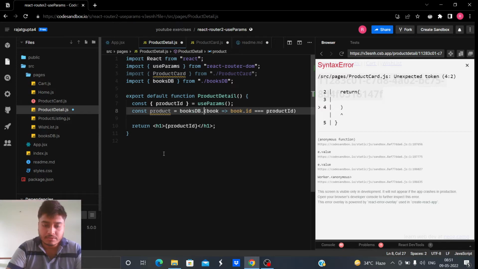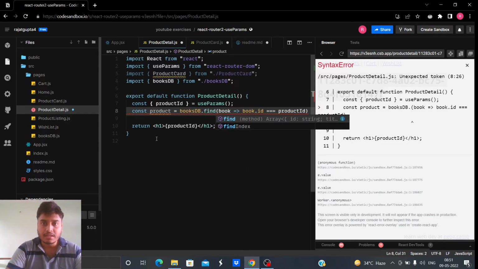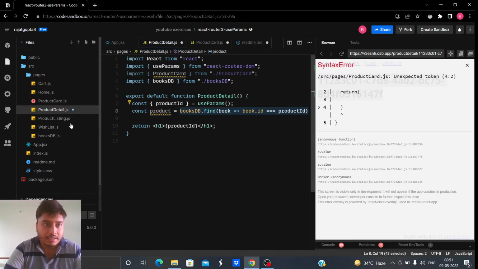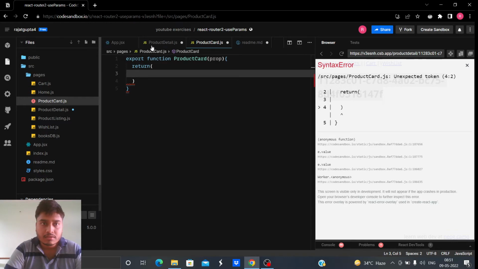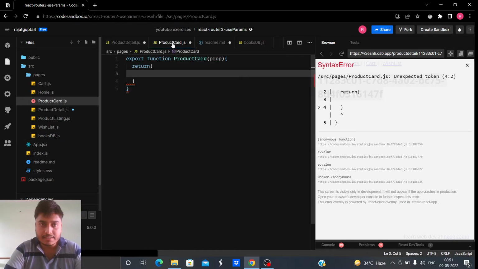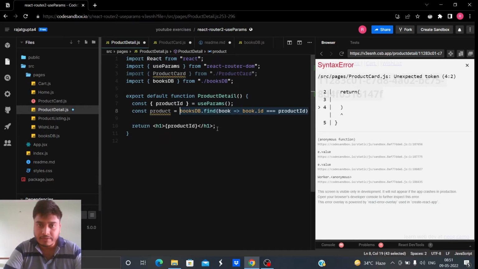Okay, I am using find. What find does is, whenever a book id matches the id given by us, it will return that particular book. Let's say this id matches, then it will return this book. And it will stop iterating after that point. So yes, we are getting product here.